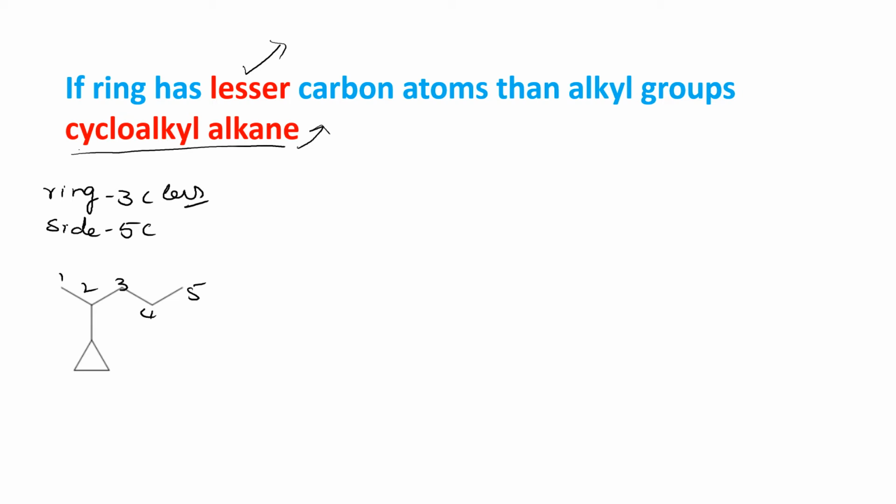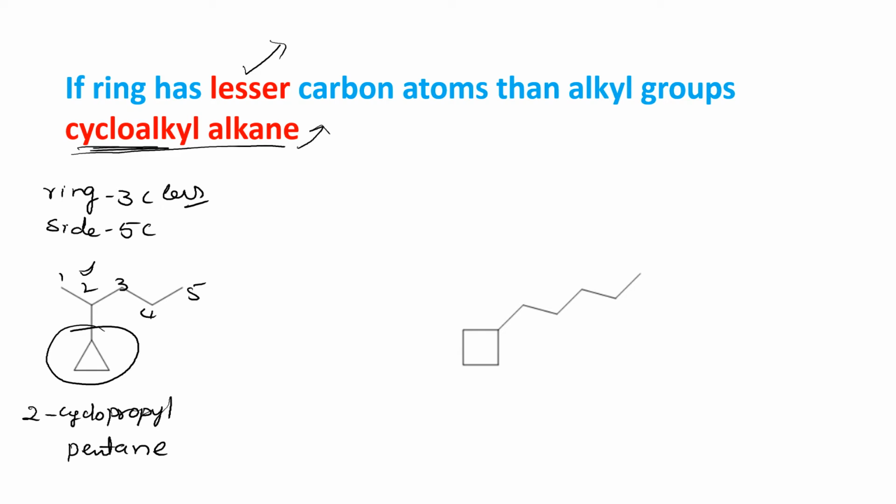Then what I told you, cycloalkyl alkane. Here what is our cycloalkyl group? Cyclopropyl. Why? Because 3 carbon atoms are there. Hence this one is given as cyclopropyl. But this cyclopropyl is attached at which carbon atom? Second carbon atom. Hence 2-cyclopropyl. So what is the root word of the side chain? Alkane, that means 5-membered alkane. So pentane, 2-cyclopropyl pentane, that is the name of this compound.